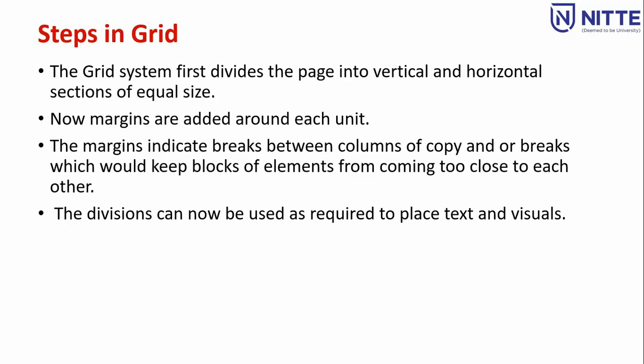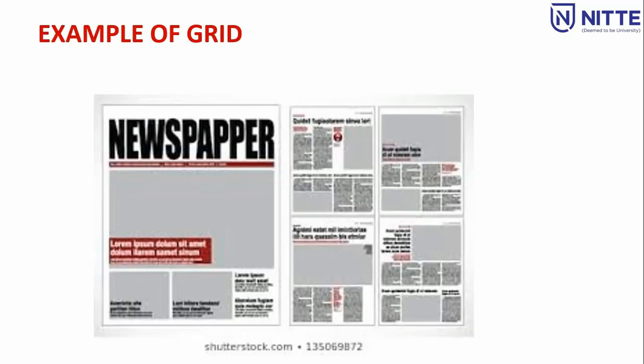What are the steps in doing a grid? The grid system first divides the page into vertical and horizontal sections of equal size. Then margins are added around each unit. These margins indicate the break between the columns of a copy and the break which would keep blocks of elements from coming too close to each other. The divisions can now be used as required to place your text and the visuals. The example of this grid,